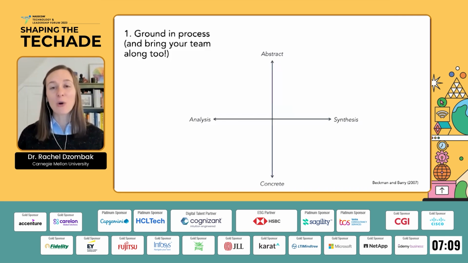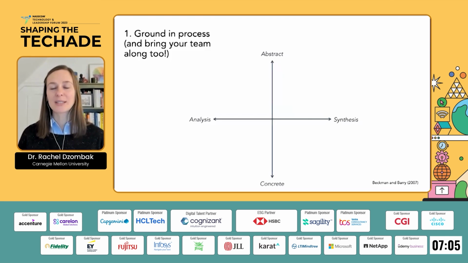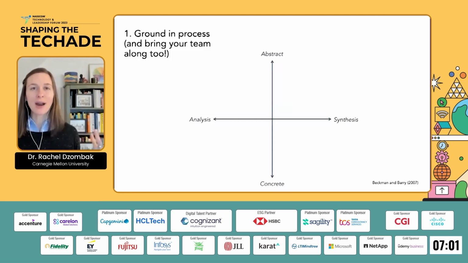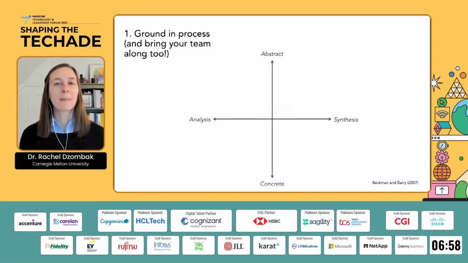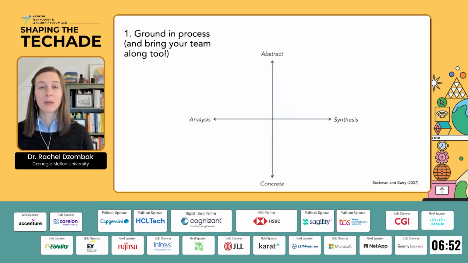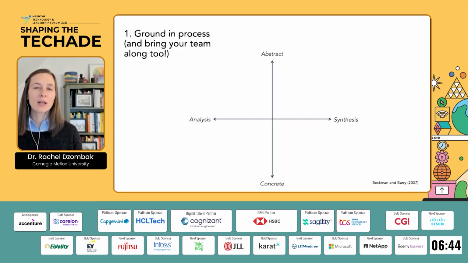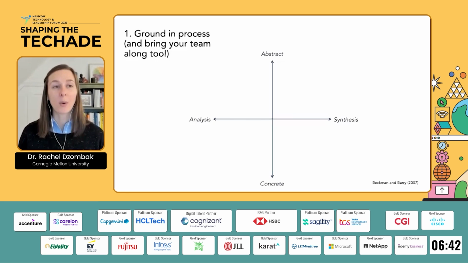As we go through that incremental learning phase, we are toggling between 2 different sets of axes. We are toggling between being in the abstract space, being in our heads, coming up with ideas, and being in concrete space, dropping into the real world and seeing how our ideas play out. We also toggle between analysis, asking questions of why, and synthesis, asking questions of how. And so if you look at these 2 axes, it forms 4 quadrants.